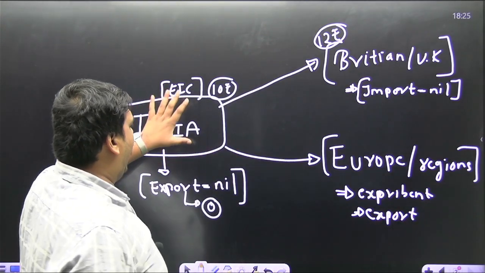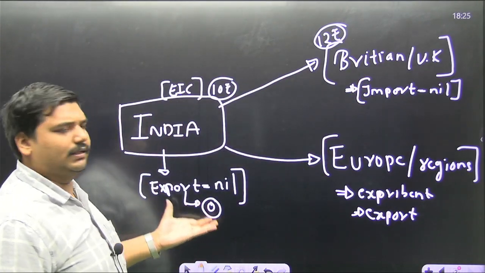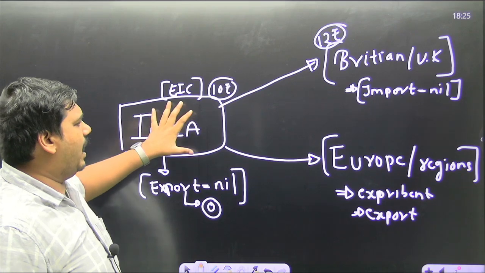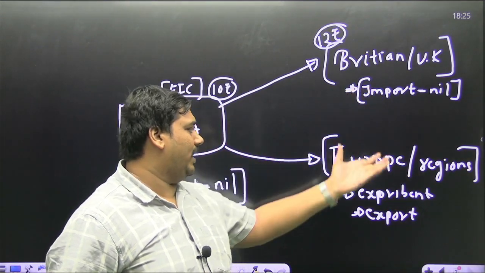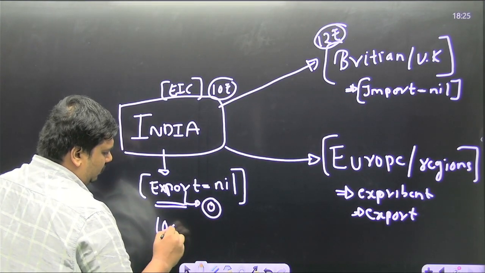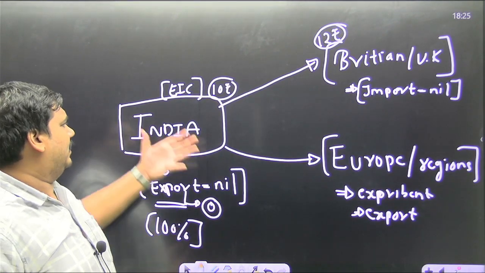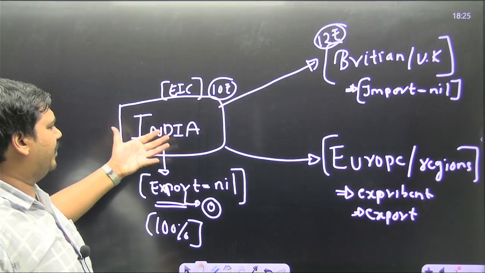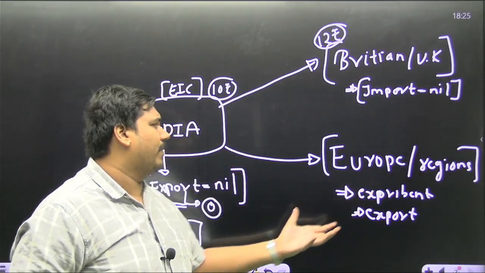If India had to trade with Britain, the export duty is zero. But if India had to trade with Europeans and other regions other than UK, the export duty was almost 100%, which meant that now Indians would not prefer selling their products to Europe, because for